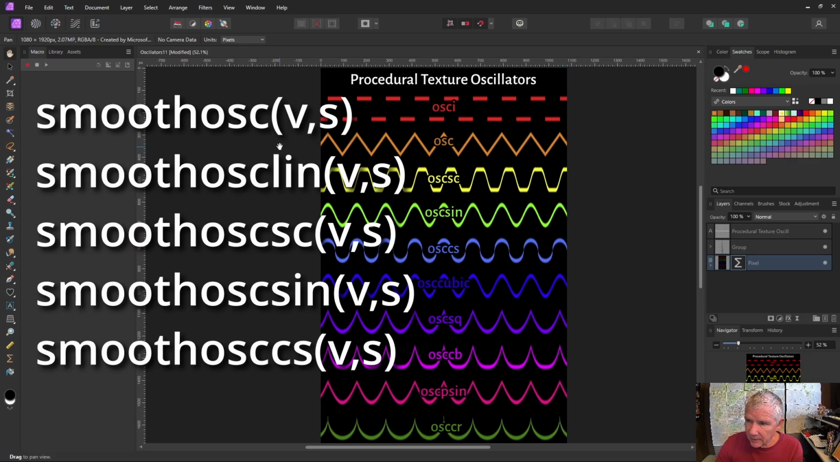Now the notation is a little bit different. If you just write smooth oscillator, it will use, I believe, the SC, although I can't quite tell if it's SC or the sine. If you want the smooth version of the linear oscillator, it's smooth osclin, L-I-N. And then there is a smooth oscillator of the circular section oscillator, but there is no smooth oscillator version with